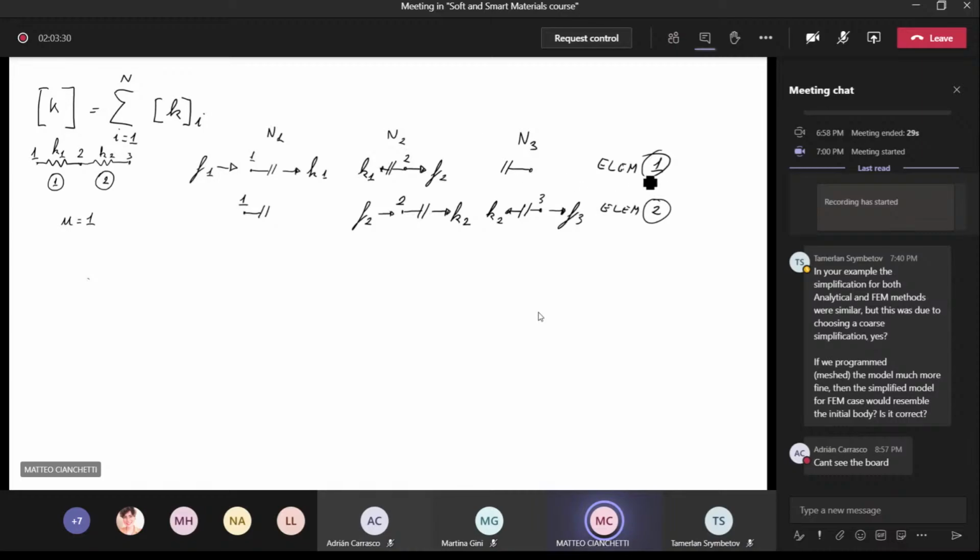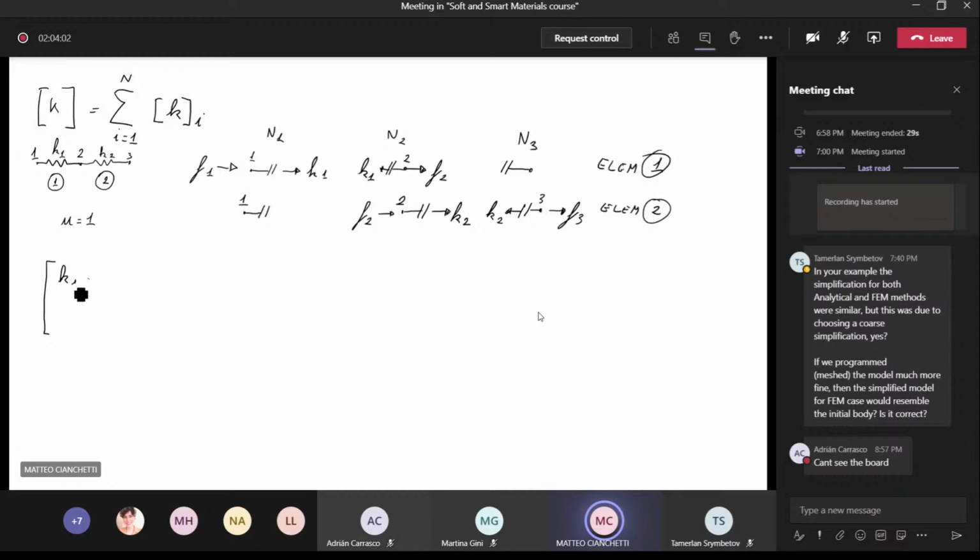Of course, analyzing element 1, node 3 is not considered, so we have these two decompositions. And for element 2, node 1 is not considered because it is outside, it's not connected to the nodes of element 2. So by considering the two elements, we can derive, as we did for the very first example, the element stiffness matrix for element 1, that as we saw in the very first